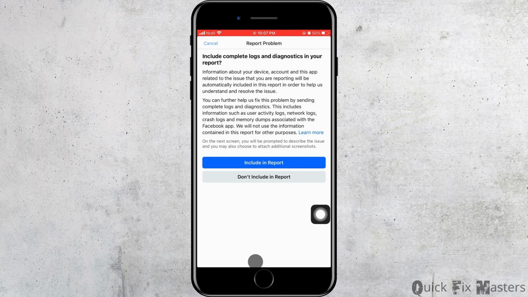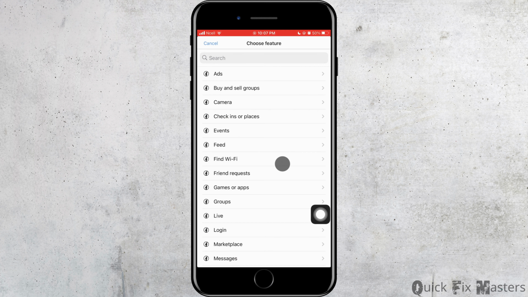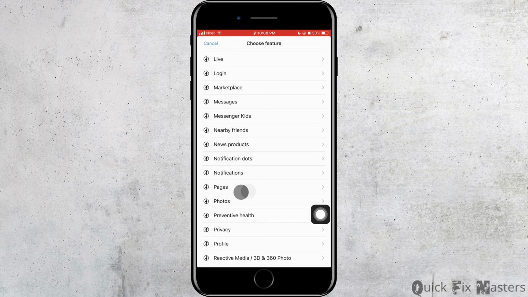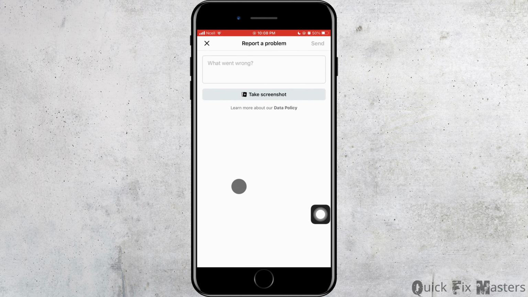Here it will ask you if you want to include complete logs and diagnostics in your report. You can tap on anything that you want included in the report or don't want to include in the report. After that, you'll reach this screen where you want to scroll down and tap on Pages. As soon as you do that, another pop-up will appear where you want to write your prompt or you can